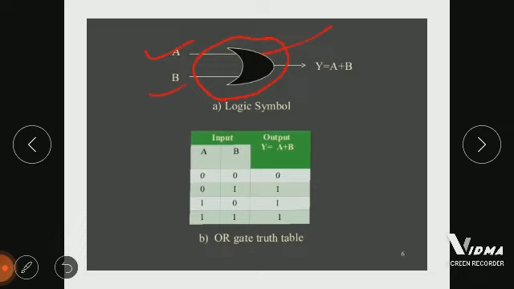So what logic we are giving as an input, and what output we get after ORing. We have two inputs, a and b. We are giving the digital logic over there: 00, 01, 10, 11, and we'll get the output y. If we give input a = 0 and b = 0, then y = a + b, so 0 + 0 will be 0. In the same way, when a is 0 and b is 1, then 0 + 1 will be 1. When a is 1 and b is 0, then the output will be 1. When a is 1 and b is 1, both are 1, then 1 + 1 will be 1. So this is the truth table for our OR gate.